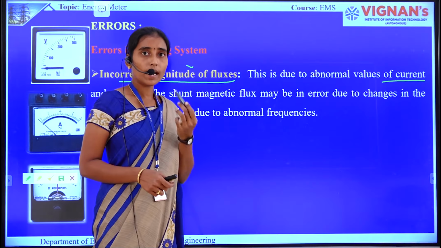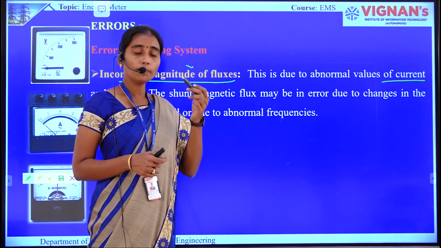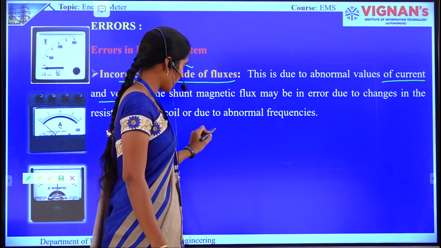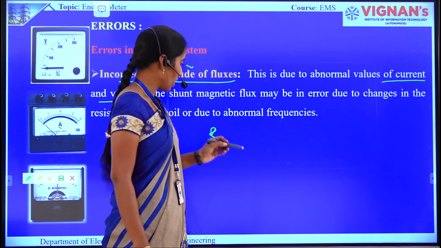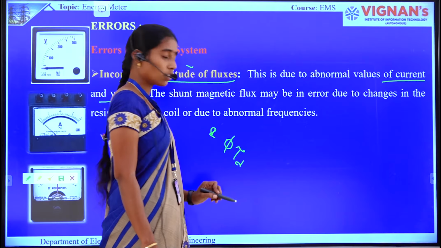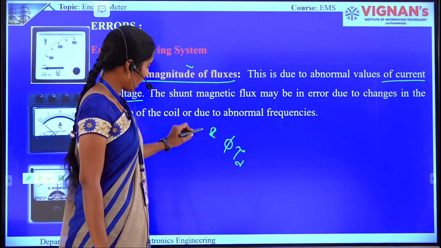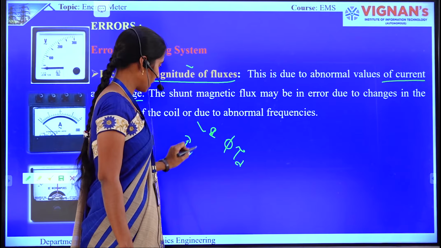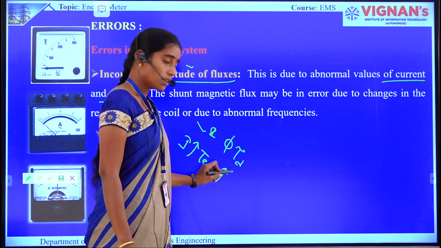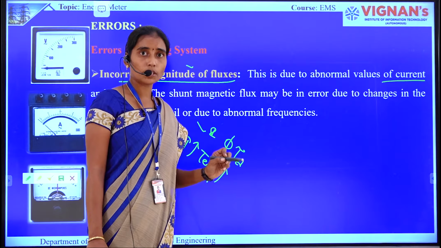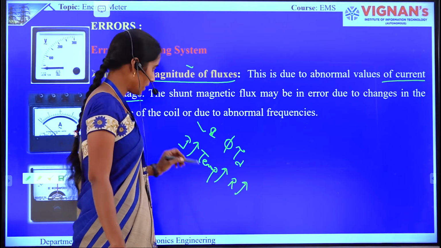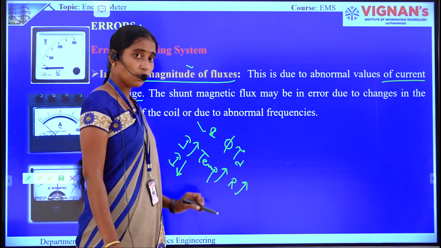For example, we are having a copper coil which is wound on the shunt magnet as well as the series magnet. So under overload conditions, what happens? The current through your coils is increased, which in turn increases your flux, which in turn increases your deflecting torque or driving torque. Moreover, if your current increases, temperature also increases, since the copper wire has a positive temperature coefficient of resistance. If the temperature increases, resistance also increases, which in turn reduces the current I through the coil.